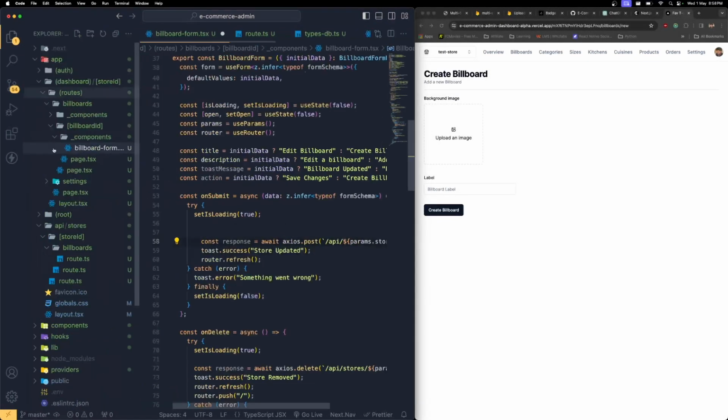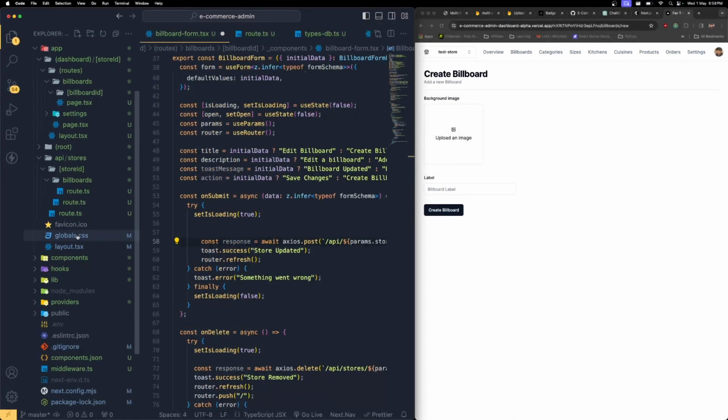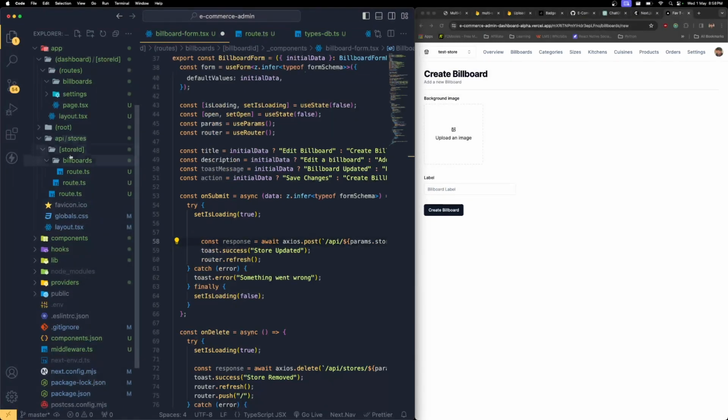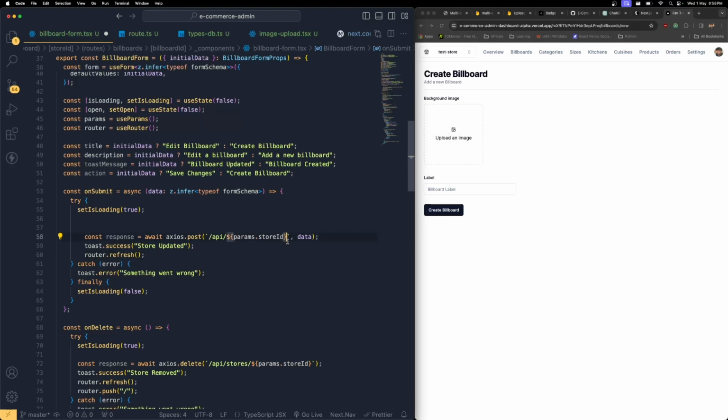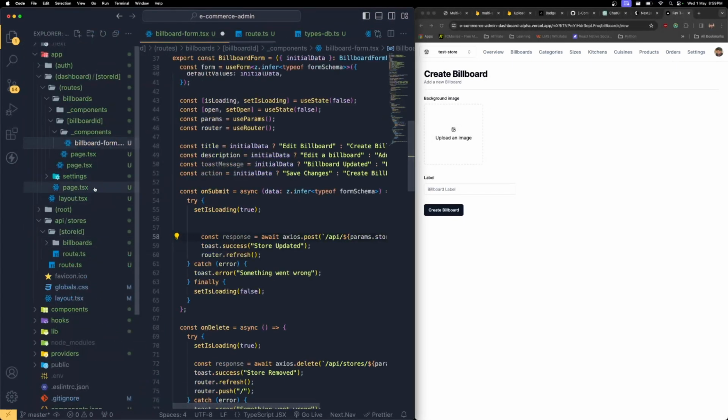Then it should access this inside the API we have the store ID, then it should access that specific billboards. So we need to write after here, it needs to send to the billboards, billboards, and then